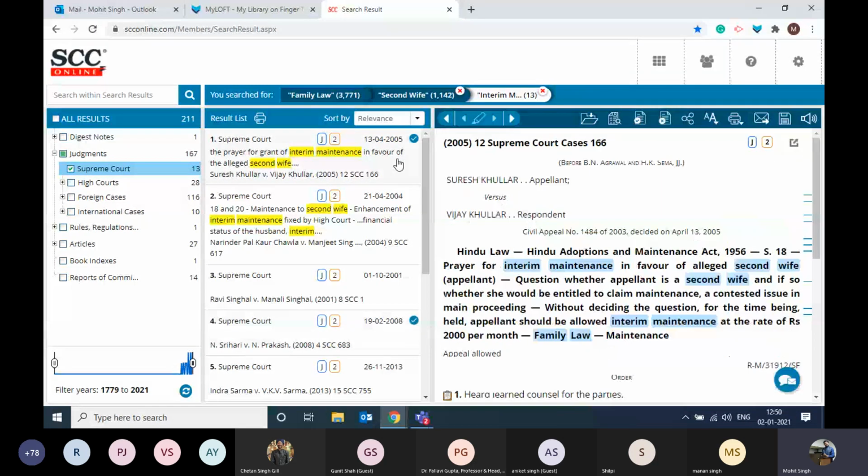And whichever document is relevant for you, you can click on that. You can read the head note. You can quickly save the document or take the printout, whichever is suitable for you. So this is the second method, which is very effective when you're working on a descriptive kind of query. If you have any questions, please let me know via the chat box window.